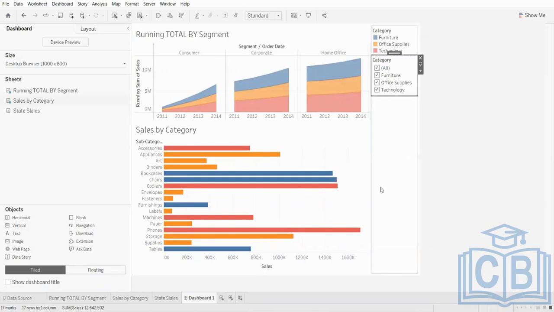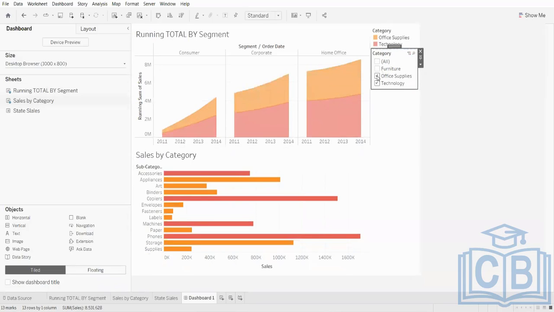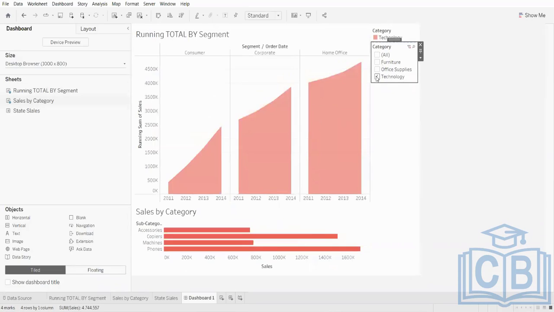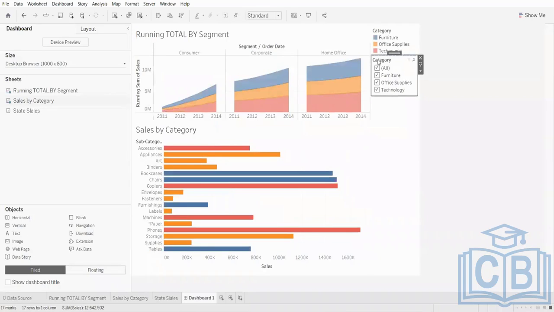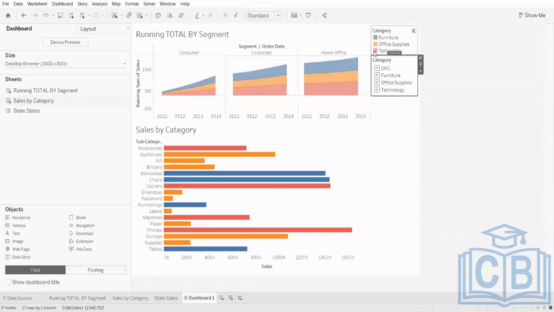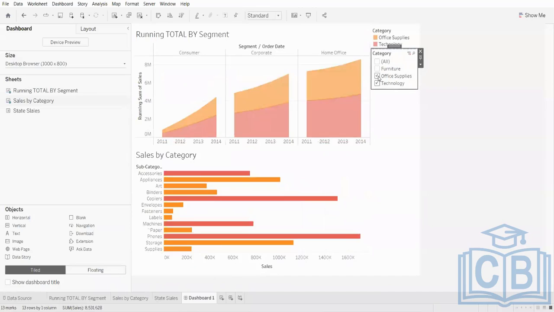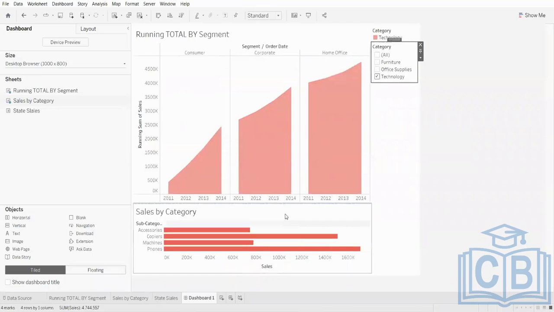Now see the beauty of having a vertical pane behind my graphs. What happens now? If I choose furniture, it is auto adjusting. Do you see this? If it is small, then it becomes small, and it is auto adjusting the space, and there is no unnecessary space left,